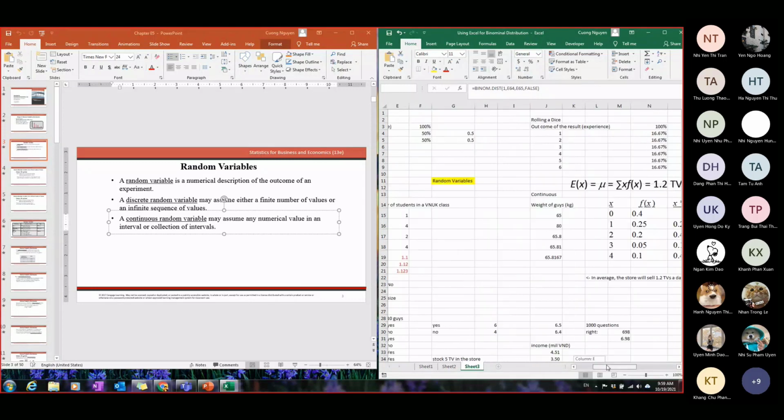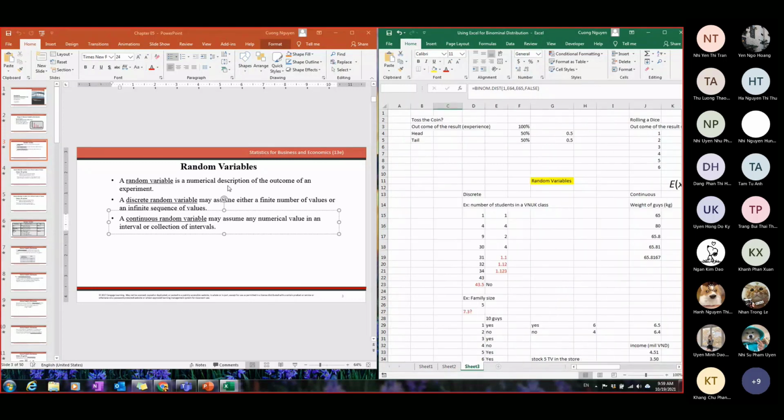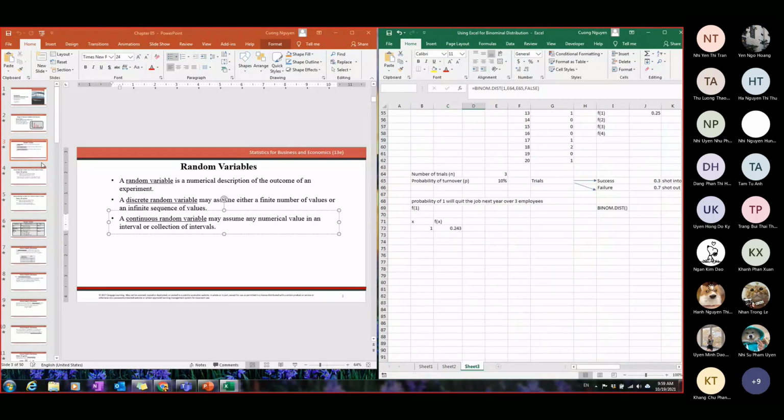All right, let's come back to our class today. First of all, we are talking about some basics of the discrete probability distribution. We have two different kinds. We will talk about the discrete random variable in this section, and the next class will be about the continuous random variable. So first of all, we want to talk about what exactly it is.